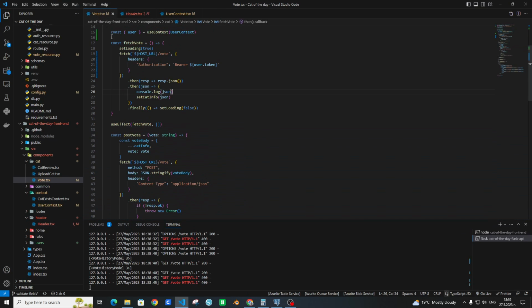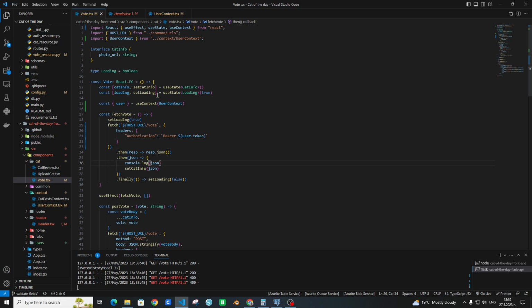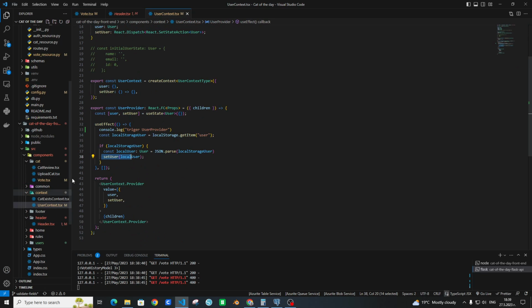When the page is loading, it first loads the initial states everywhere. So my initial state in the user context is an empty object. You can see it, yes, I have user context with empty object.